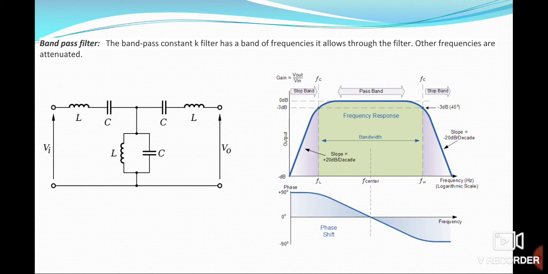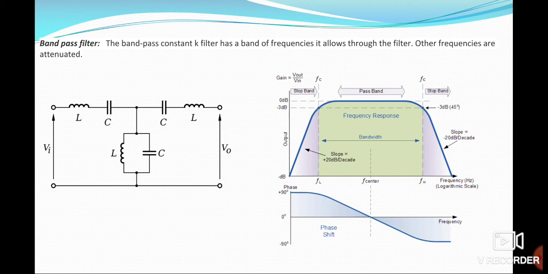If we plot the phase plot, we will see that as the frequency decreases from a certain value, the phase will start from -90 degrees, slowly move towards 0 at the center frequency, and slowly the curve will represent the lower cutoff. After that, the phase keeps on decreasing until it reaches a value of -90 degrees.